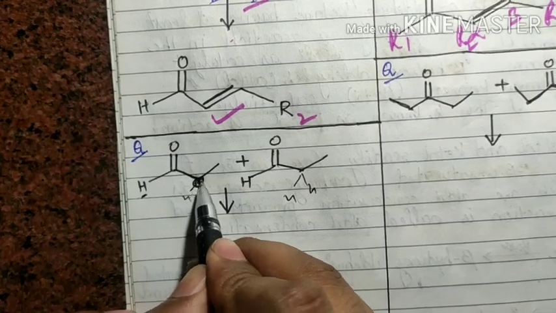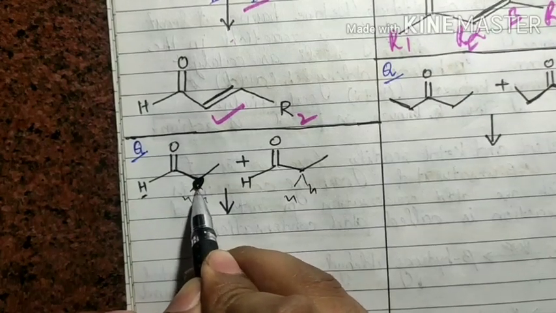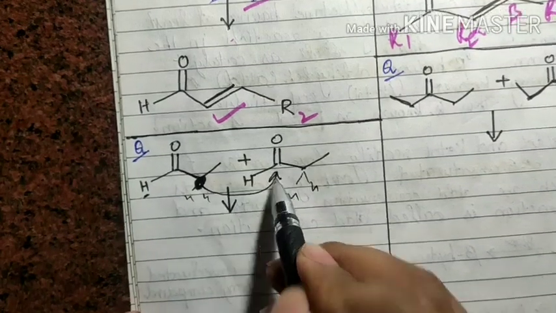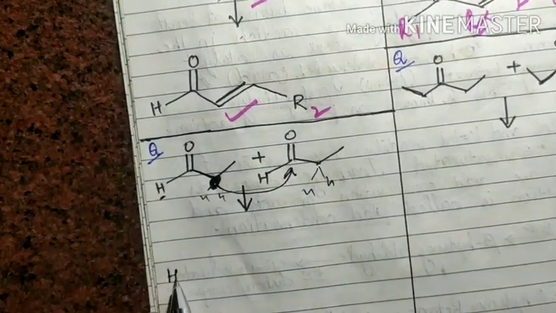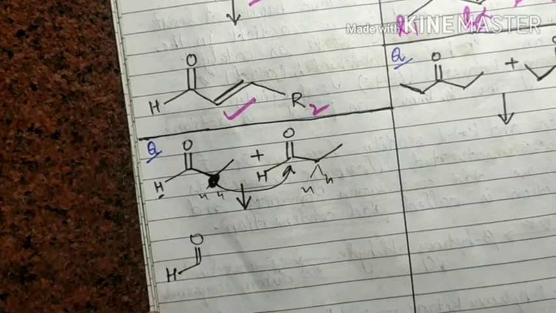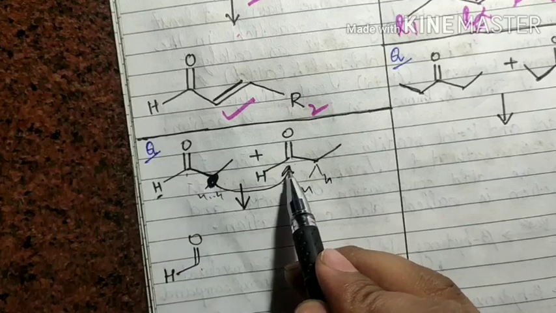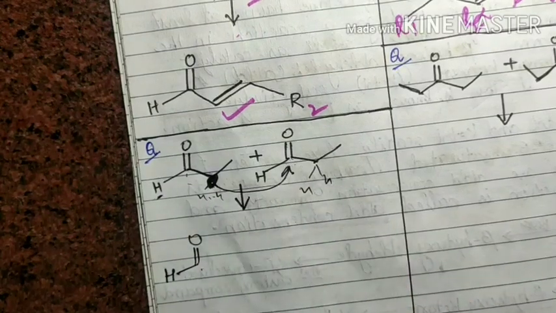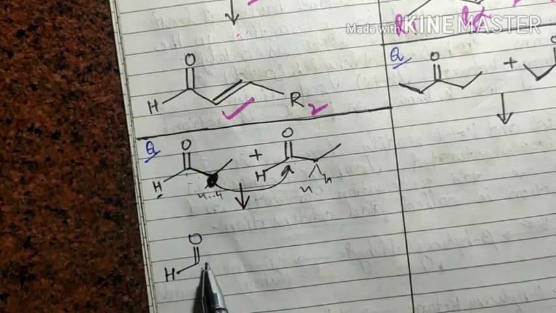So suppose this system forms an enolate. Here is a negative charge, so this negative charge may attack on this system. So how do you write the product? The product is H C double bond O. The double bond O of the enolate molecule is retained, but in the molecule which does not take part in enolate formation, the double bond is converted into the OH. So double bond O, I write this system.